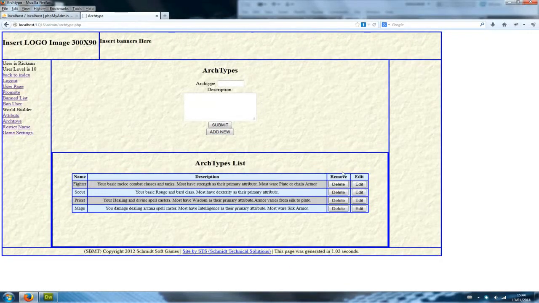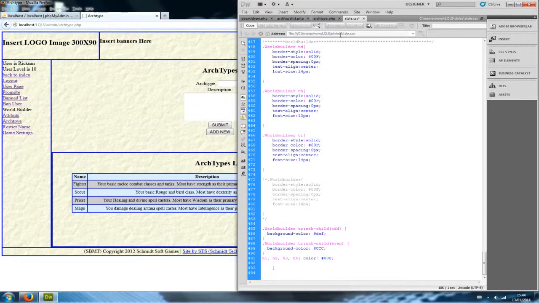Okay, so we've got a couple of different divs, and tables are formatted to have one color, then the other color, one color, then the other color. Okay, let's go over to our Dreamweaver, take a look at our CSS, and save this. Okay, now what I did